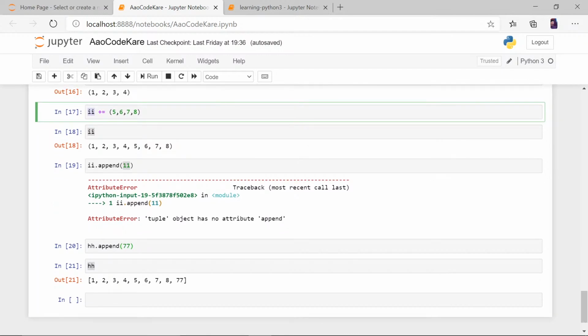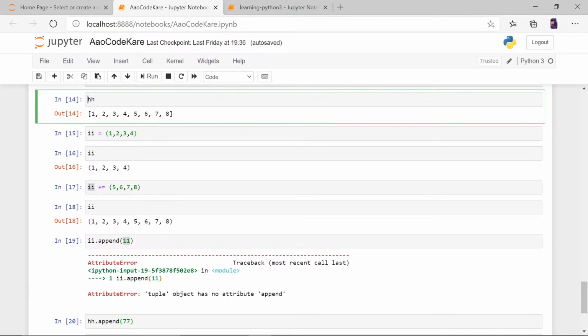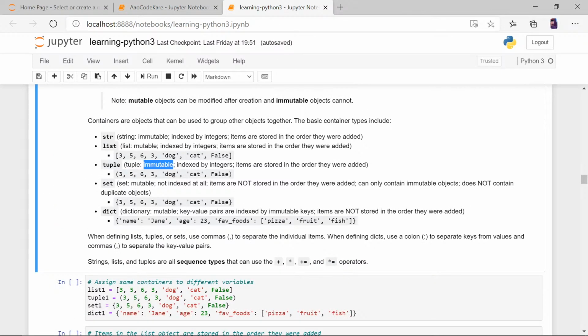It is a deeper concept, but if you understand it, it is a great thing, because there are many things that you don't want to modify after they are defined, like roll numbers or something that is a unique or very important thing that should not be changed or modified without authorization. You can do that by using a tuple and not a list, because lists can be modified, right? So let's get back to it. You can comment down if you have any doubts, and when I complete this, we'll get back to doubts.